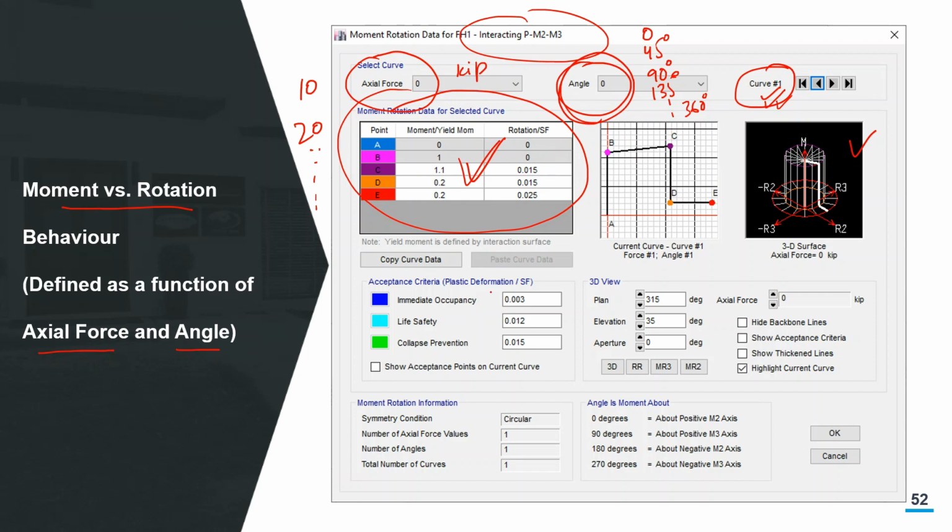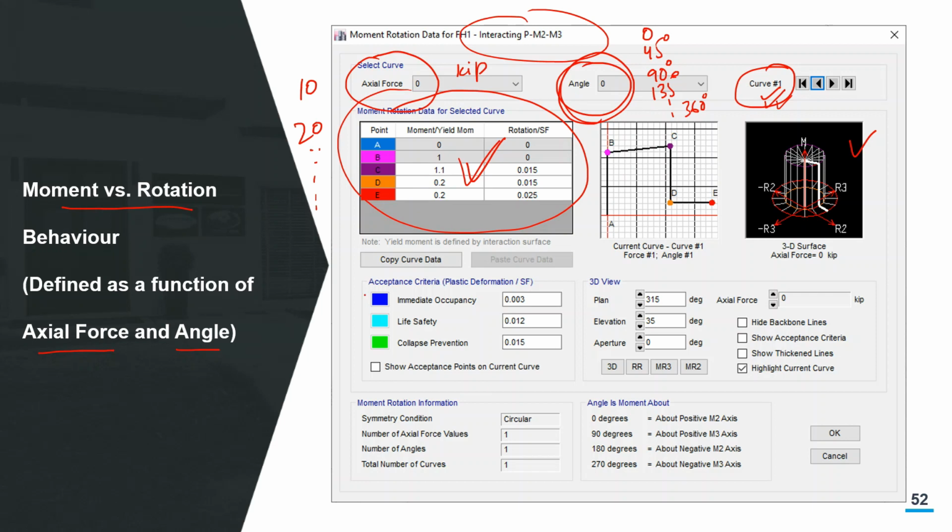So this manual definition will require a lot of information and data unless you want to go for fully symmetric, and then there is just one moment rotation in all the directions, and then you should know at what level of axial force how much capacity will be reduced, or how it is going to affect my action deformation behavior, for example. So that information is only required if you go for the fully symmetric option. In that case, the angle thing will not be required.